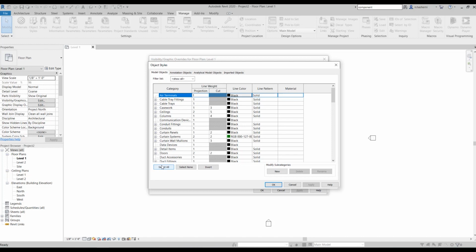In Object Styles you get a list of all the categories in your Revit project, and they are grouped into a few different tabs. Okay, so this one, this one, this one, and here we are going to focus on the Model Objects tab, and here is the list of all the model categories that we have. Everything in your model fits in a category in here,